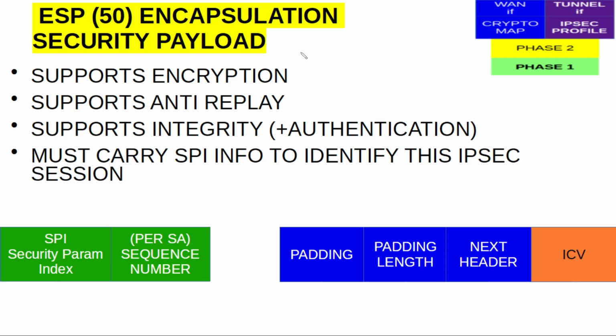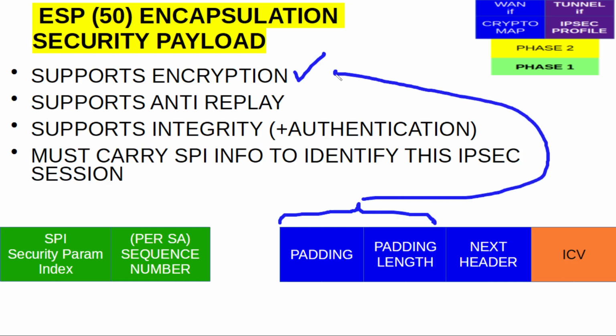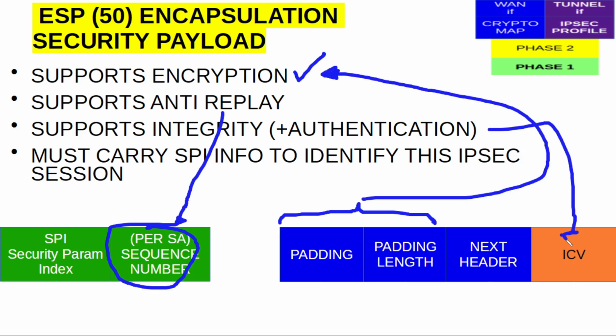Now the ESP supports encryption. And it is supported by adding padding bytes to the trailer, because some encryption algorithms work only with fixed size packet lengths. It supports anti-replay because it includes a sequence number in the header. It supports integrity and therefore authenticating of each packet because it includes an integrity check value in the trailer, and it is also able to carry SPI numbers. Remember that SPI numbers identify